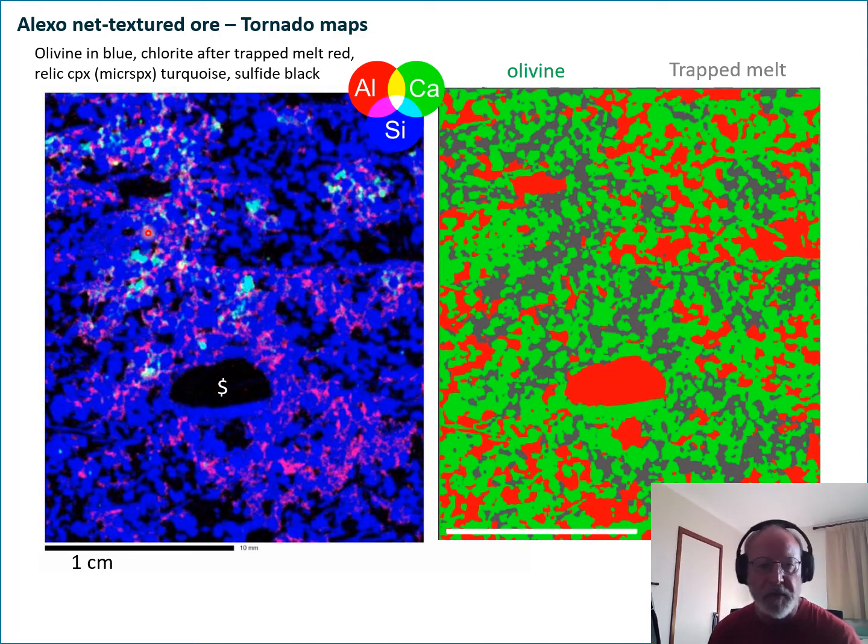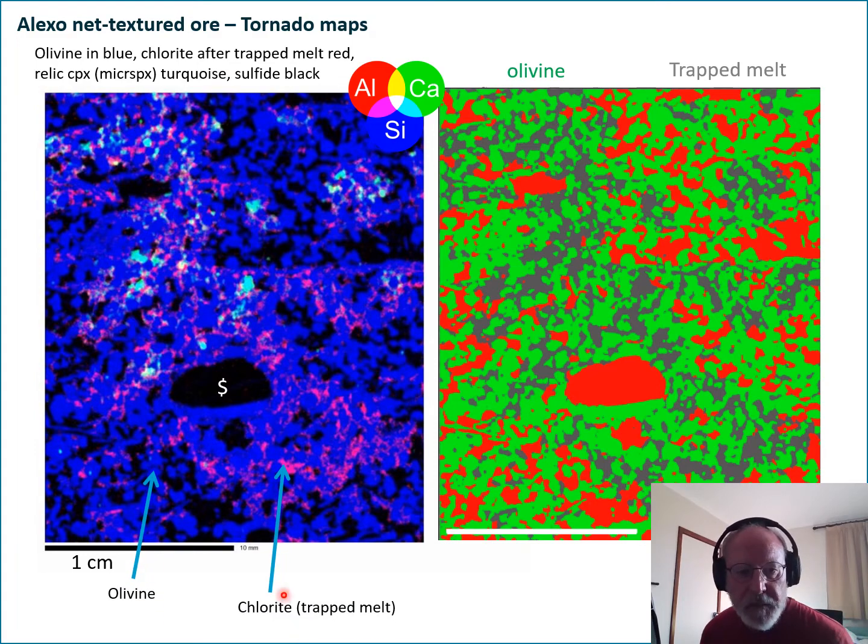So it gives you a sort of big thin section where it's really easy to see what minerals are which. On the left-hand side here is the 3-element map, and on here you can see the olivine is colored blue in this particular combination of colors. The sulfide comes up black, and then you get a couple of other things showing up here in these greeny and pinky colors. This pinky stuff is actually the mineral chlorite, and that is representing the original trapped silicate melt in this rock. So over on this side, I've translated that into an image of the actual silicate and sulfide components. Sulfide's in red now, the olivine's now in green, and all this grey stuff here is